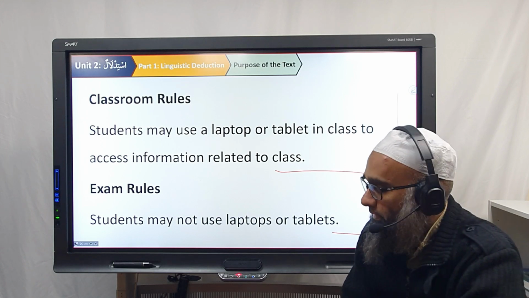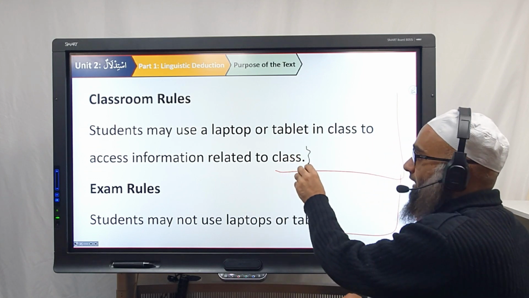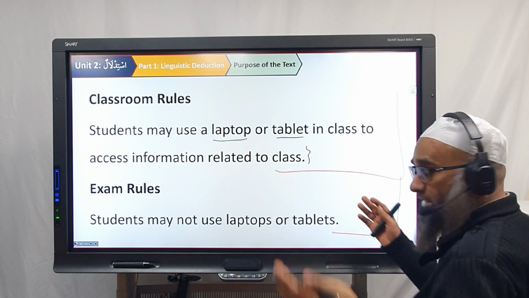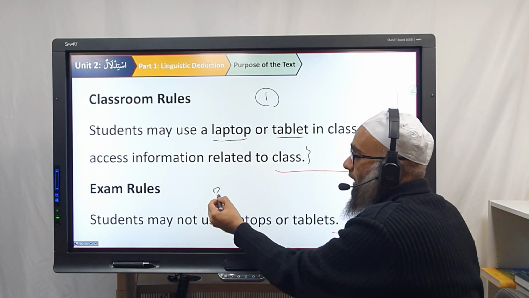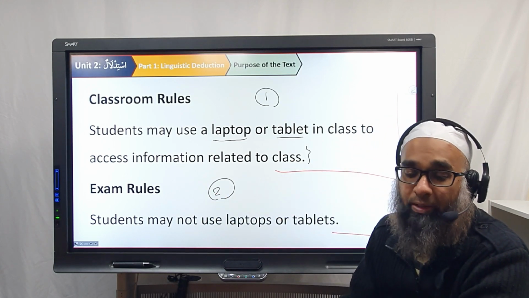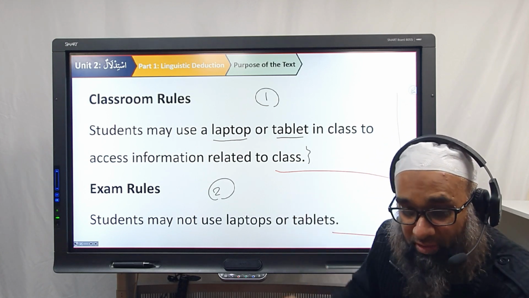Why would you not allow it? If a student says, no, I read on this website, on this page, on this document, that we may use a tablet or laptop in class, and we are still in the classroom. So therefore, this document 1 allows us to use a laptop. So therefore, I have not broken the emergency rules. How would you argue against that? Using nas and zahir. You're correct. Now I want you to explain using the words nas and zahir.